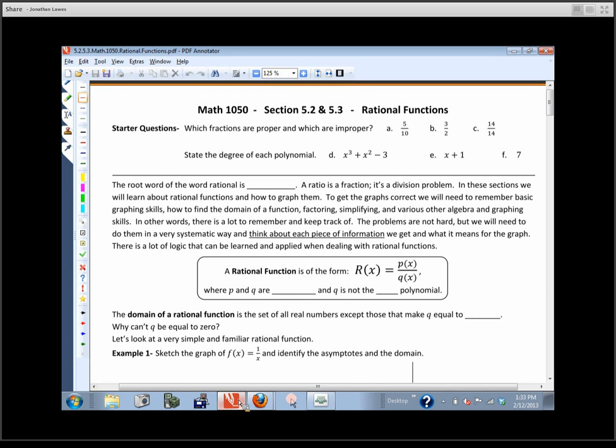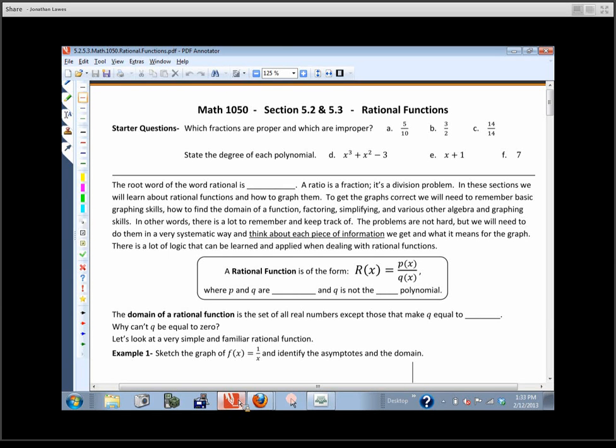I think you'll find that by the time we get done today, you'll be able to do most of the problems in each one of the sections. It might be a little bit fuzzy because we will not have done a ton of examples. That's what we'll be doing tomorrow. Okay? So on the starter questions, because this section is on rational functions, you should know what the root word